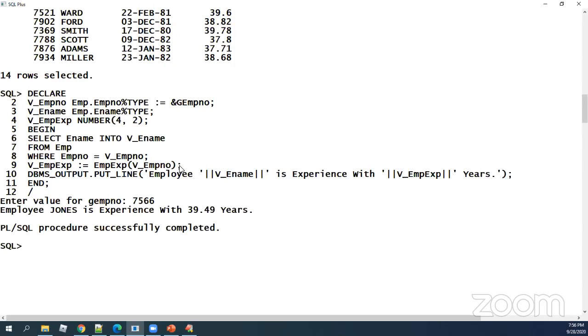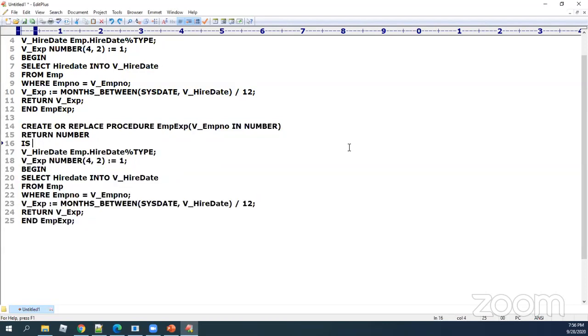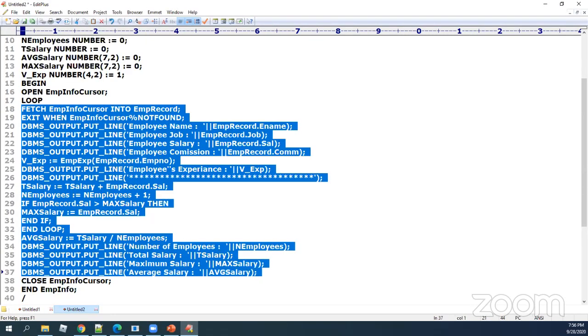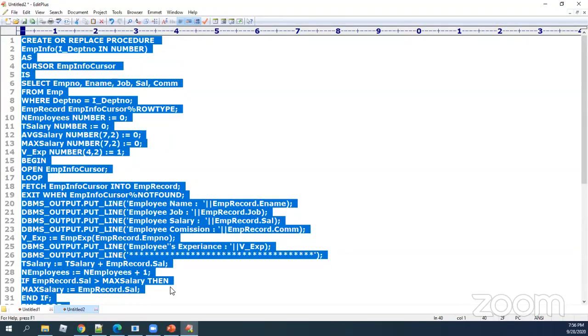You can even call it in any other mechanisms where you're expecting. If you go back to the previous classes, I think we have written one procedure in the previous class, which was trying to give us a report of the employees of the department. If you can go back and recollect. Now the same procedure, I'm replacing it now.